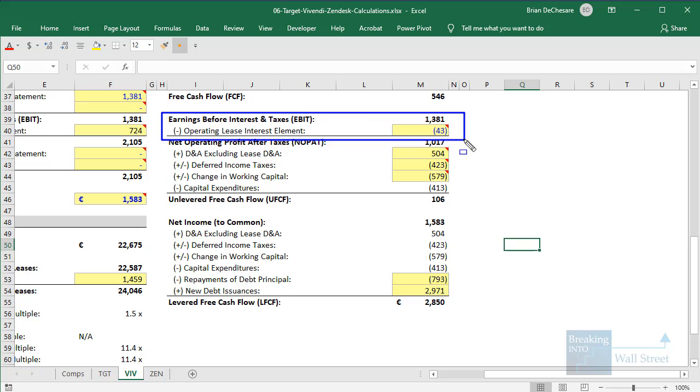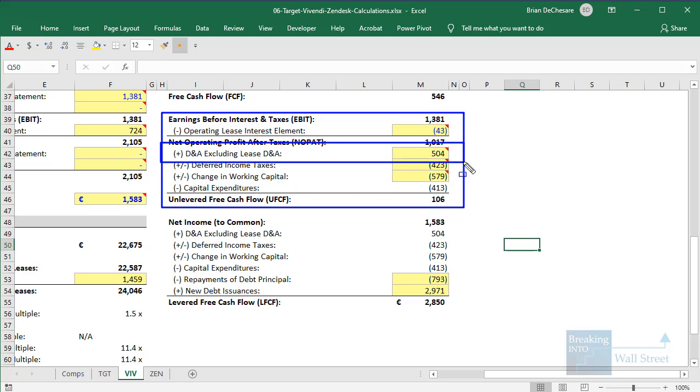we have to actually deduct the operating lease interest element to get a comparable number. And then later on, when we add back the depreciation and amortization, we don't want to add back the lease depreciation and amortization. We want to make sure that the entire lease expense is fully deducted in the unlevered free